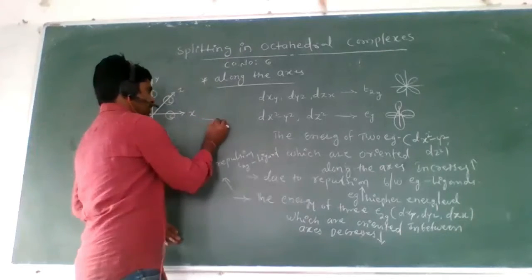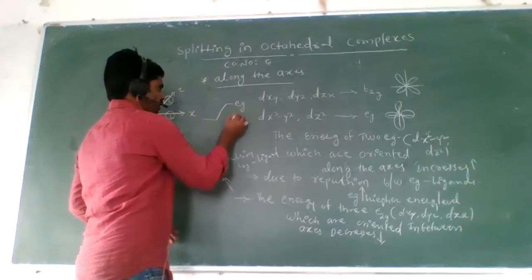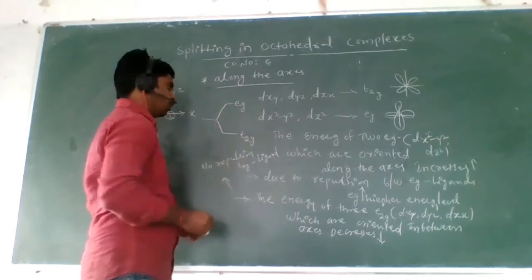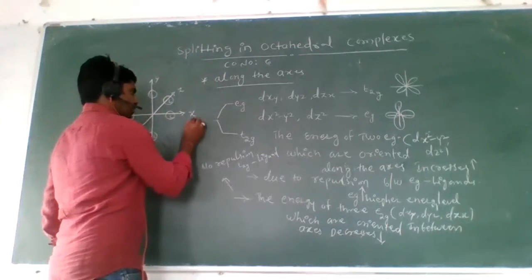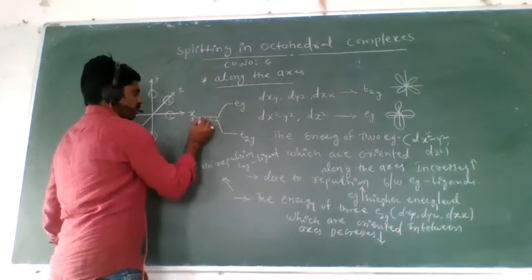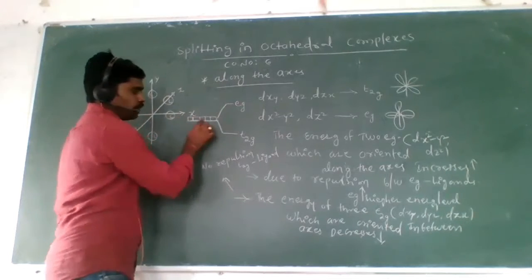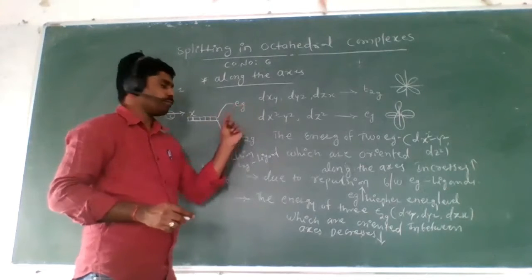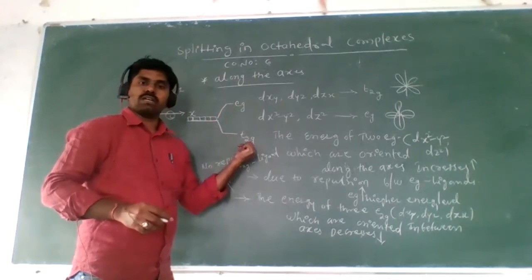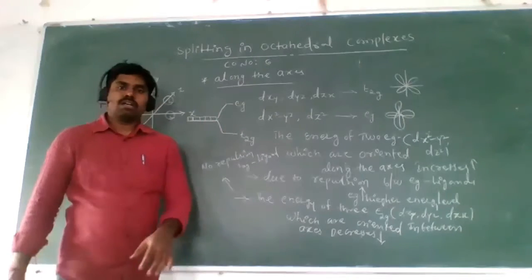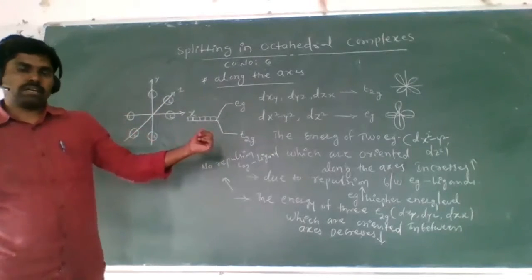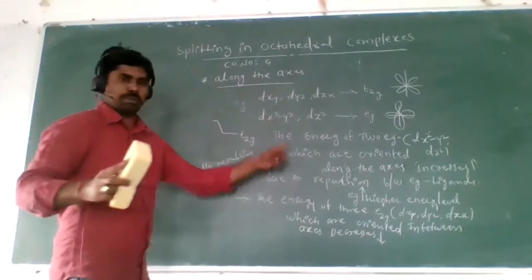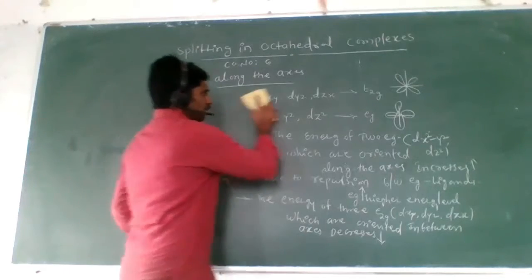First of all, listen here. Simply put, the Eg orbitals go to the upper level, and the T2g orbitals come to the lower energy level. Of these five degenerate orbitals, two Eg orbitals go to the higher energy level and three come to the lower energy level. Now I will draw the diagram of octahedral complex splitting. Look here. Write down these two points. Okay, written. Right.